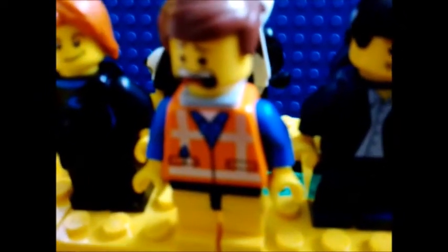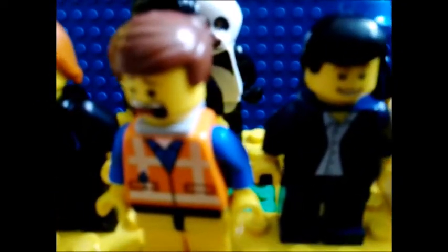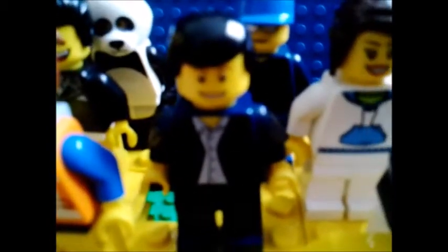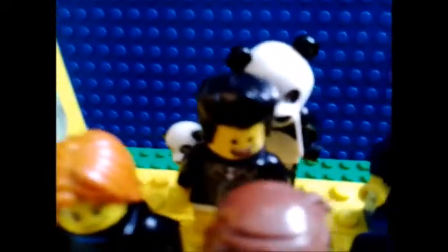Here we have What's Up. I didn't really have the same parts. I didn't have the torso, so it is similar. Also, I didn't have the hair from the H2 brick, but it's similar. And here we have